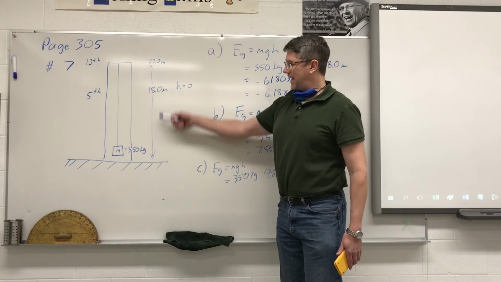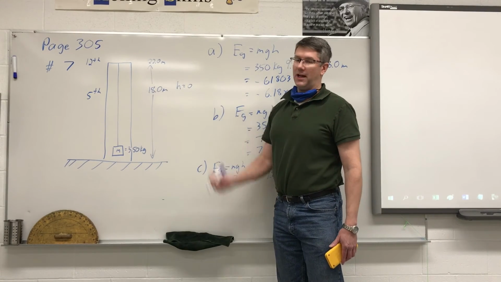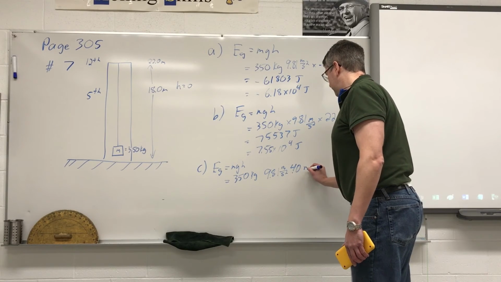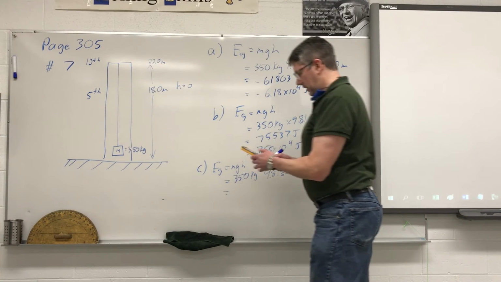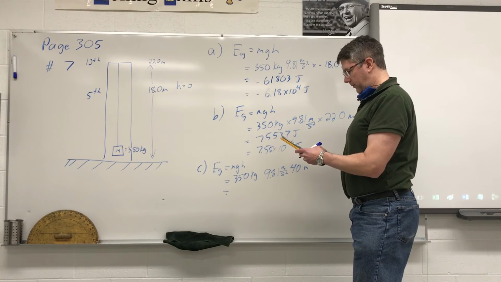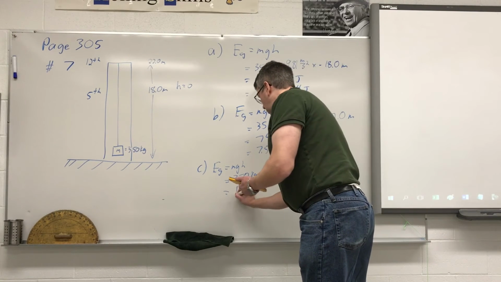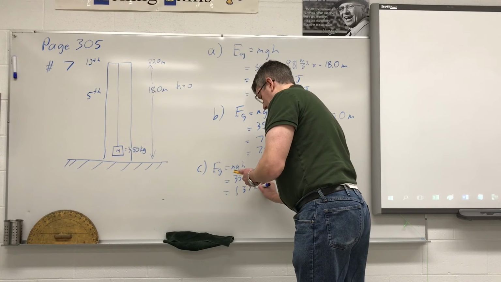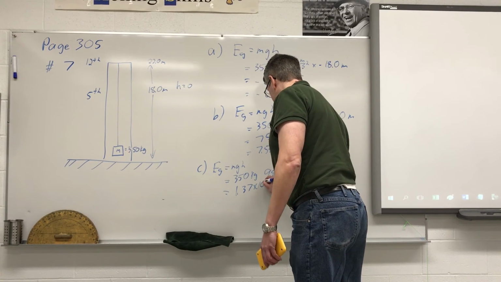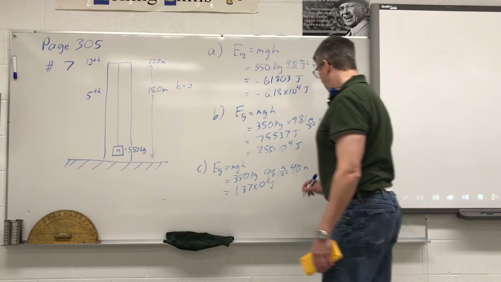Our height is 18 meters plus an additional 22 meters. So that's going to be 40 meters. So 350 times 9.81 times 40 gives us 1.37 times 10 to the power of 5 joules. Or